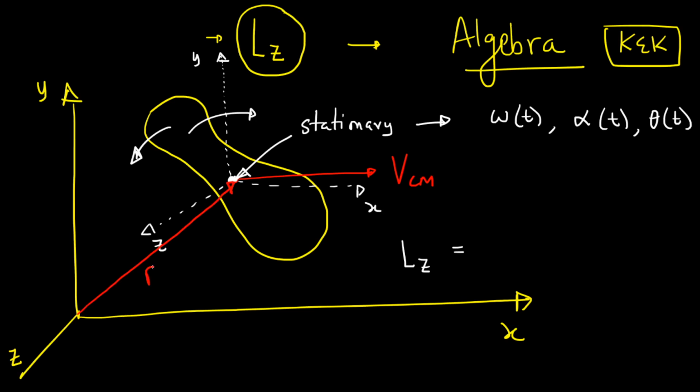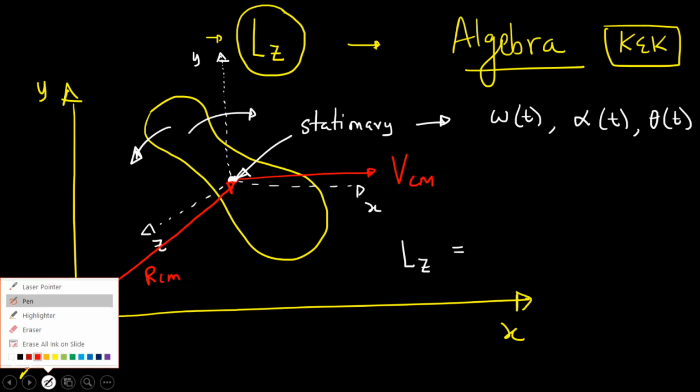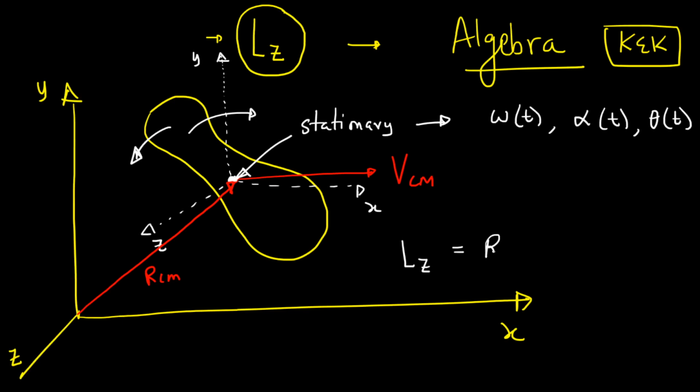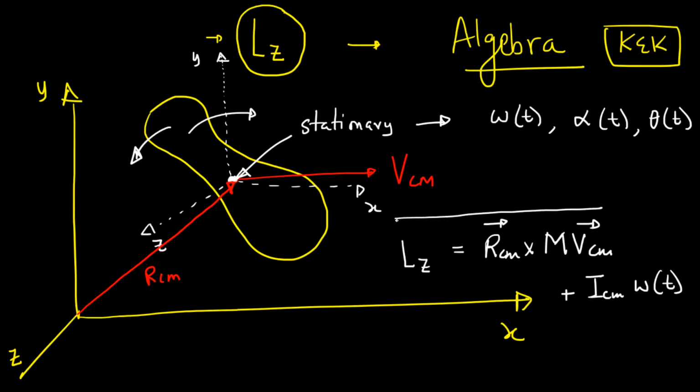So this is R_CM cross M V_CM plus I_CM omega. Okay, so this I'm now going to give without a proof,